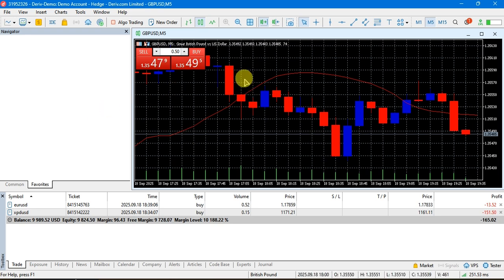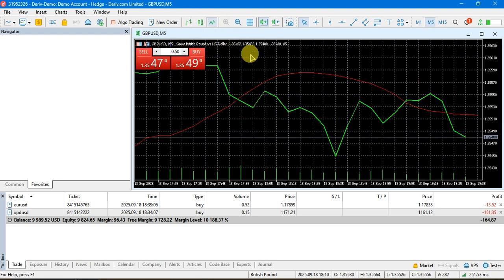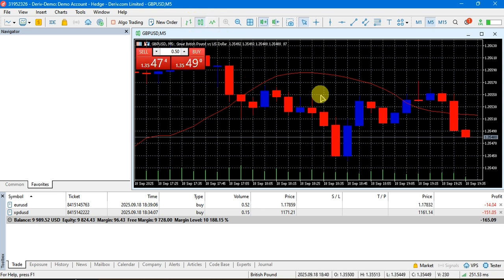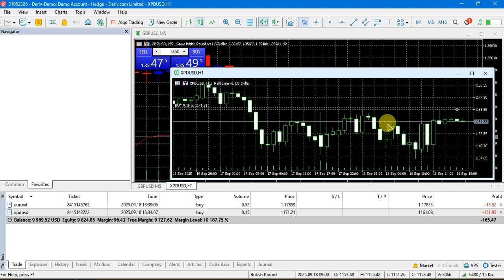Now if I wanted to change this chart to this, this is the bar chart. I can just change it that way, or to this chart, but this is just the best. And you will notice that when you open a new chart, let's say that I have decided to open a new chart, it will come with these candlesticks. So to avoid this problem, there is something you will do. So let me first arrange